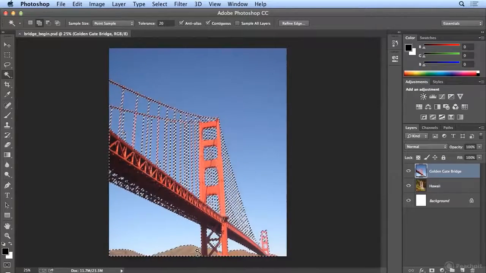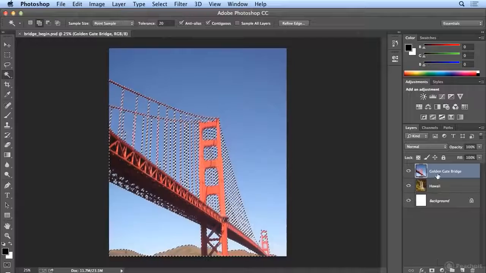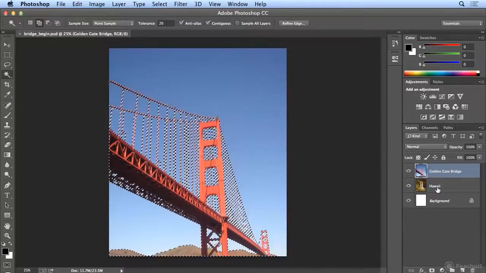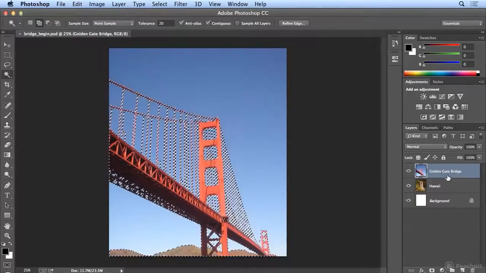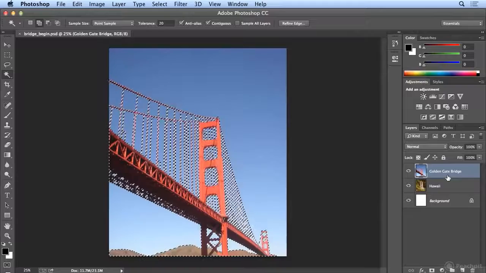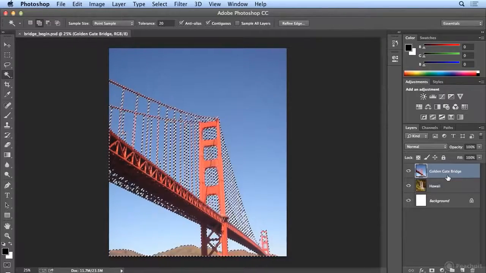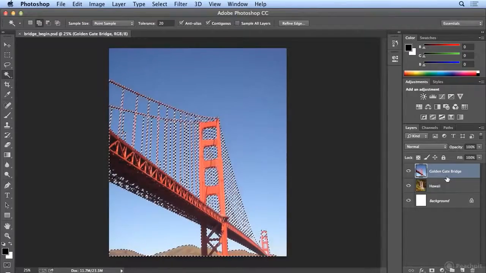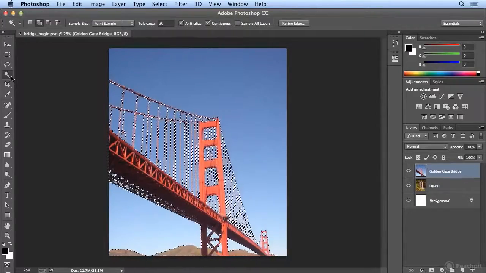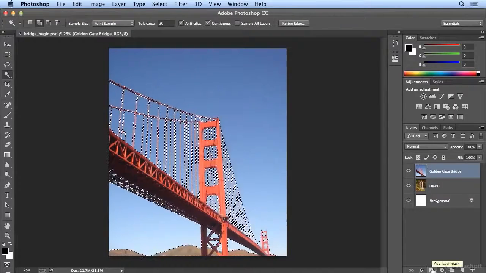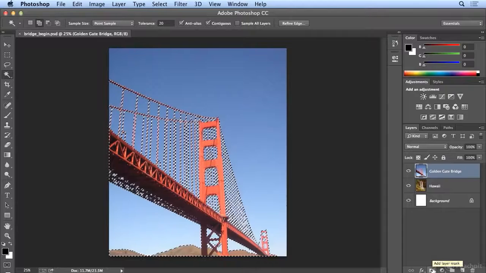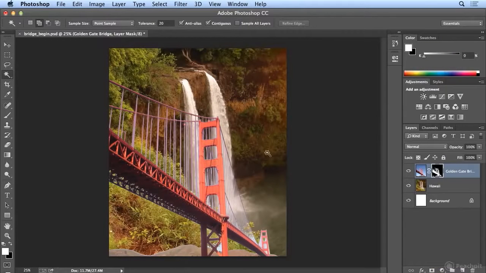And here's a very cool, handy little trick. In my Layers panel, I have a hidden layer underneath called Hawaii. It's not really hidden, it's showing, but the Golden Gate Bridge is covering it up right now. So although this won't be perfect, it's just an illustration of what you can do with selections, specifically the Magic Wand. So I'm going to click once on the icon at the bottom of the Layers panel that says Add Layer Mask, and it hid all the blue sky and put the Golden Gate Bridge right on top of this